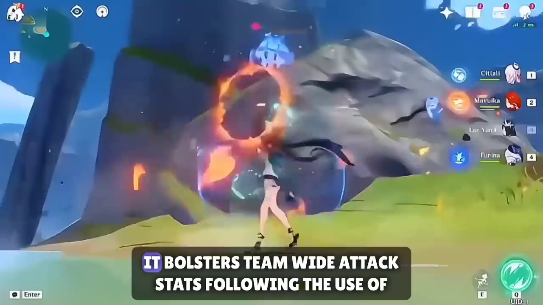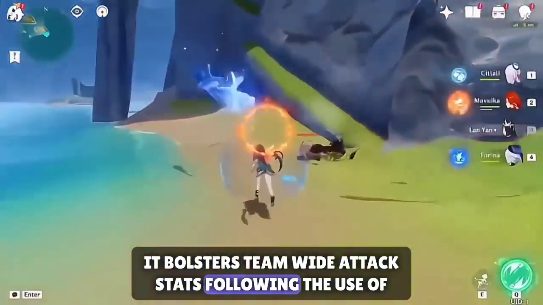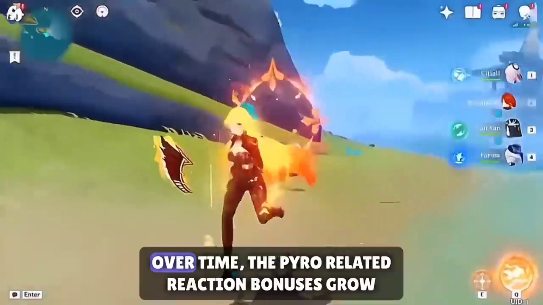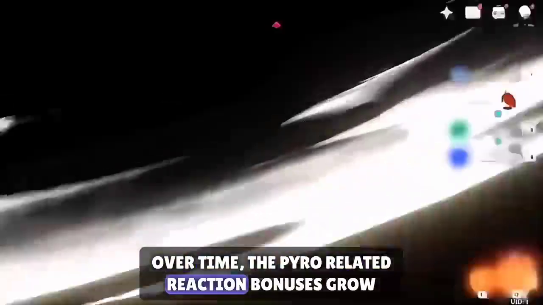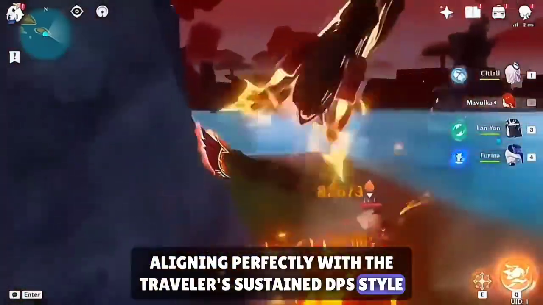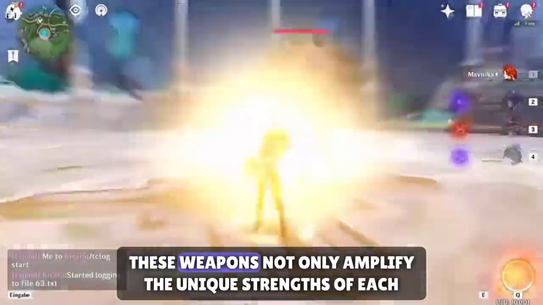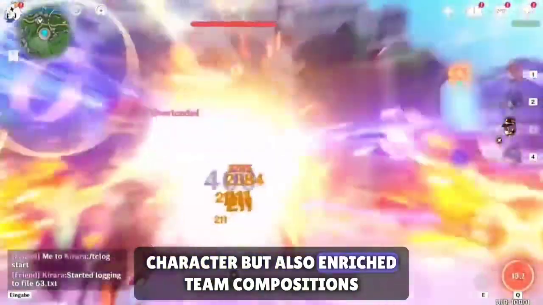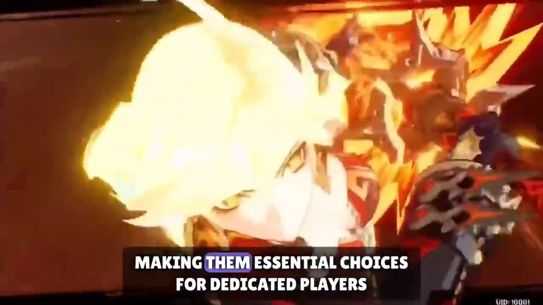On top of that, it bolsters team-wide attack stats following the use of Elemental Burst, adding versatility to its benefits. Over time, the Pyro-related reaction bonuses grow, aligning perfectly with the Traveler's sustained DPS style. These weapons not only amplify the unique strengths of each character, but also enrich team compositions, making them essential choices